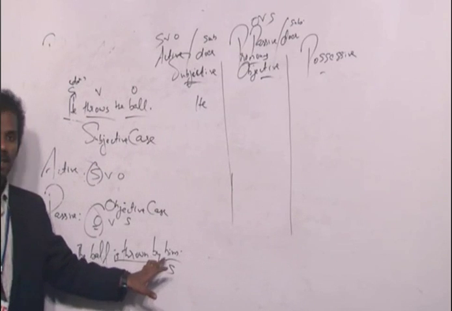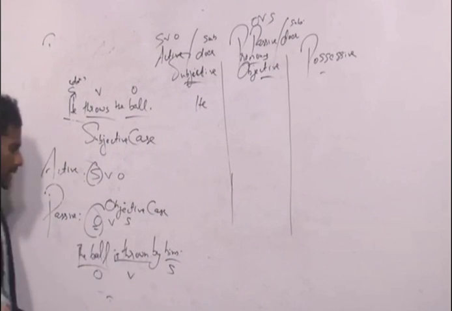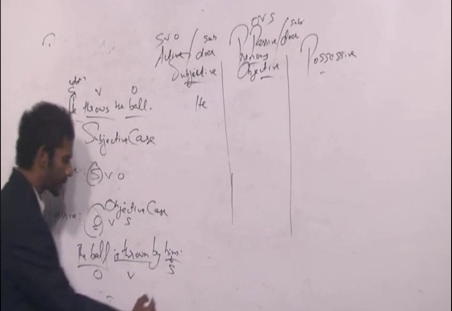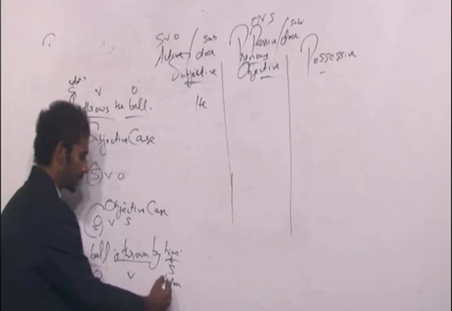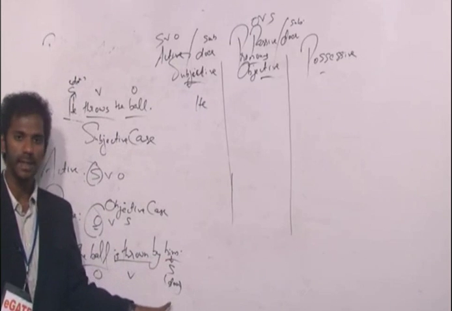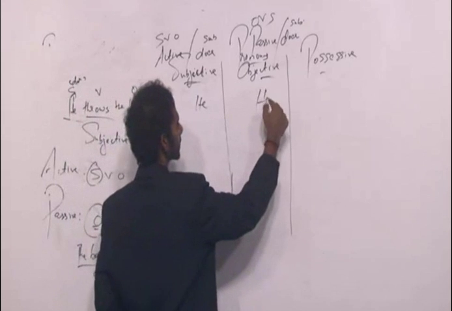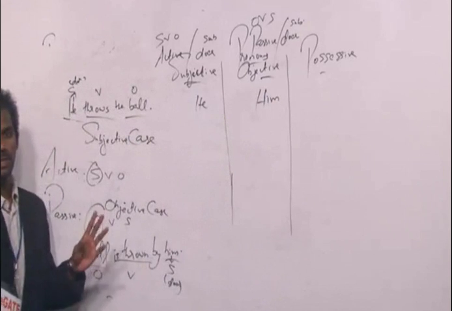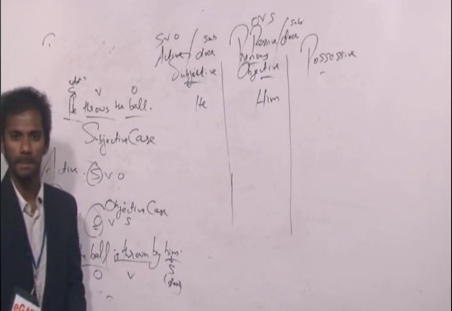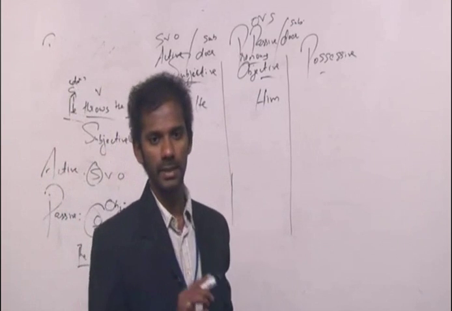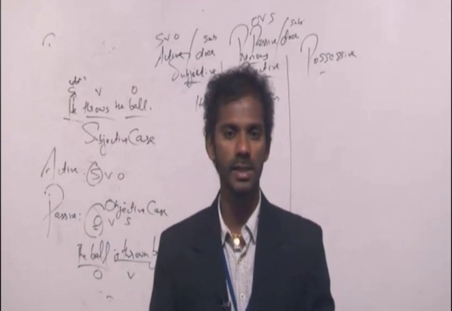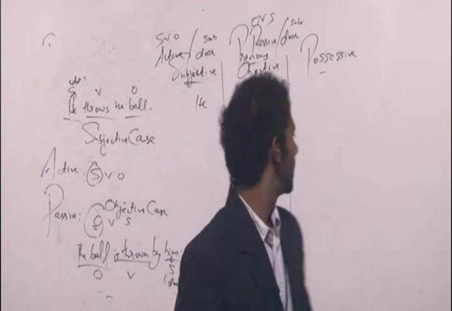What is the pronoun in this sentence? The pronoun in this sentence is him. Right? The pronoun him is acting as the doer or receiver here? Him is acting as a subject here. Subject means the doer. Clear? So this sentence is in the passive voice. Him is acting as the doer. So I can say him is objective, because objective pronouns are those that come in the passive voice, acting as a doer. Hope it's clear. I repeat, subjective pronouns come in the active voice, acting as a doer, whereas objective pronouns come in the passive voice, acting as a doer. We are not concerned about receivers. Fine?